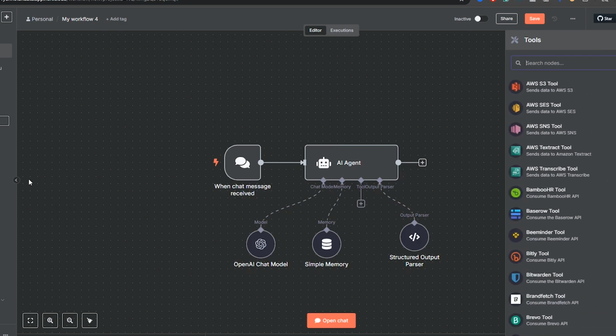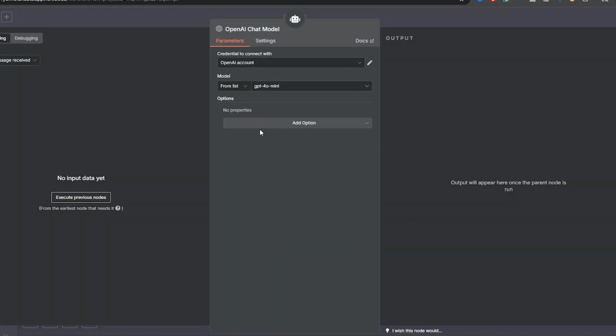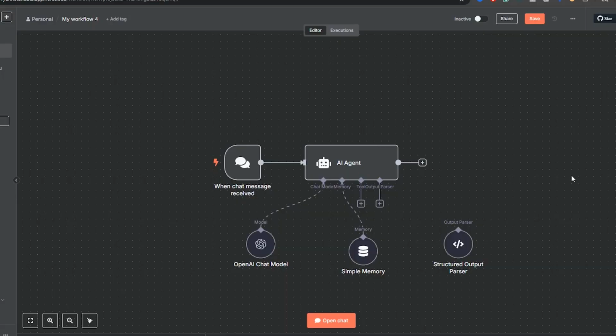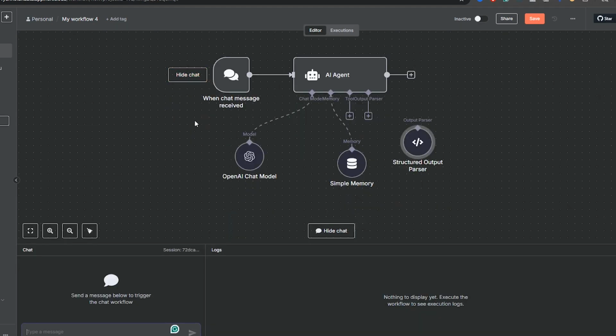So what I think we should do now is take a look at this, use a chat message, and then we'll also take a look at using some of the tools and tweaking some of these different options that I went through. All right, so let's get going on some test cases. What I did first is I removed the output parser over here. I'll show you how we can use this in a second. But to get started with chat, all you have to do is go over here and click into open chat. You can also type in C, and you'll see